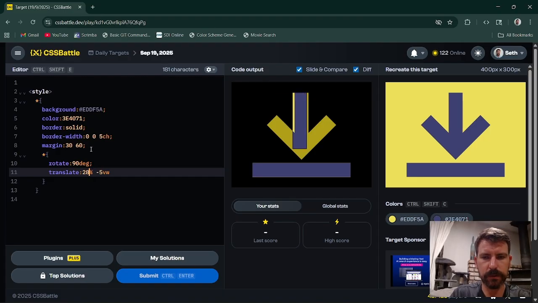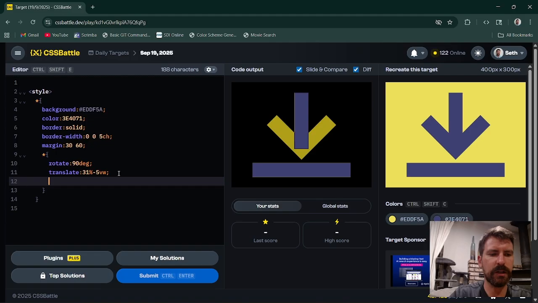Ooh, 728. Let's see if 31% works. That looks pretty nice. I don't know why I'm doing this early instead of getting 100% and then trying to fix it. Okay, so now if we put in a paragraph tag,